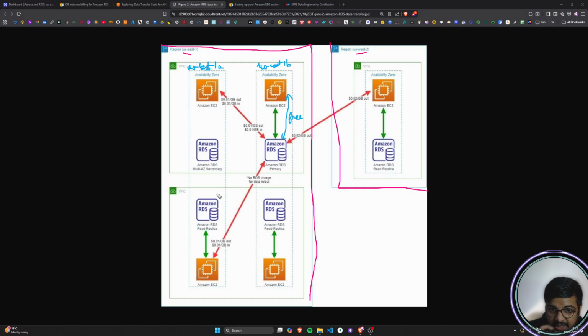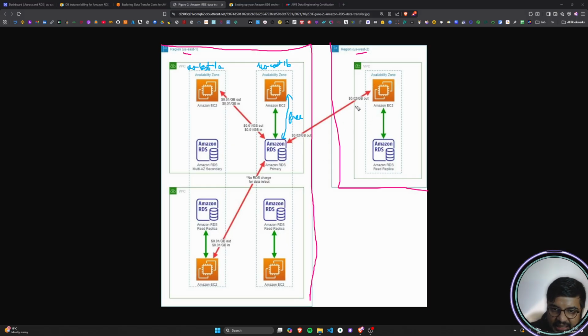From this 1A availability zone's EC2 instance, if I am doing a read write operation on the RDS that is in the US East 1B availability zone, I will be charged $0.01 per GB. If I'm doing this to a different availability zone, I will be charged this much. And now, if I am doing it to a different region,